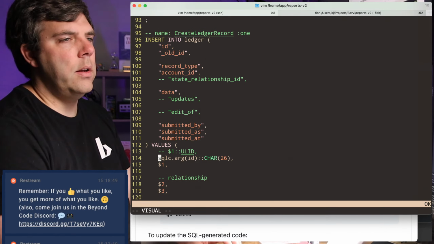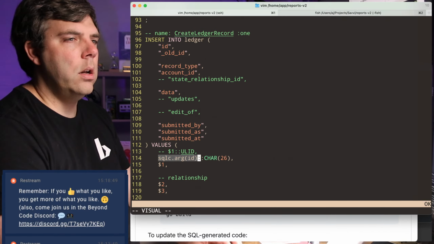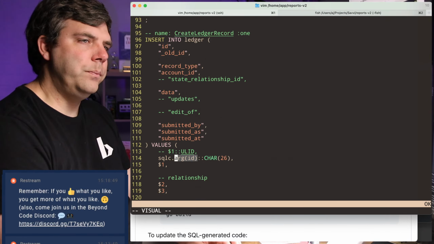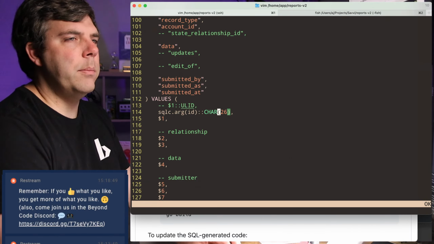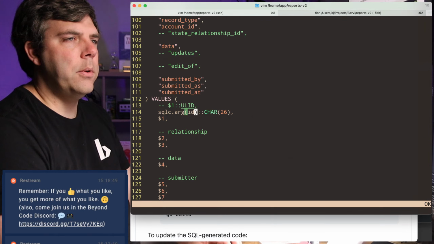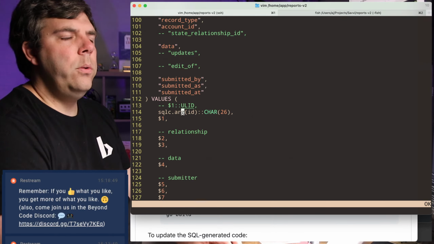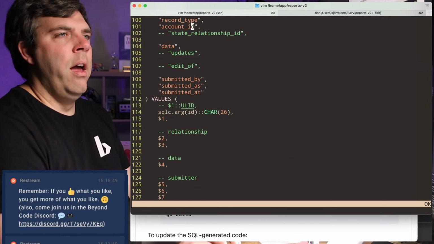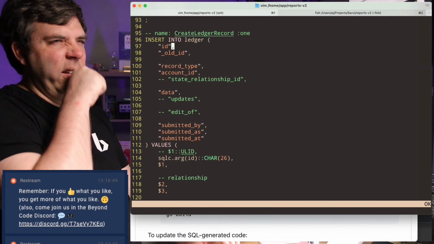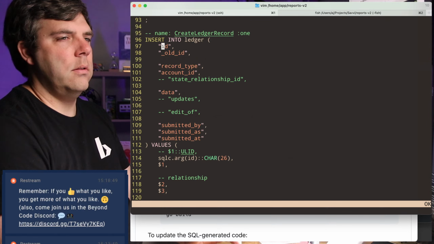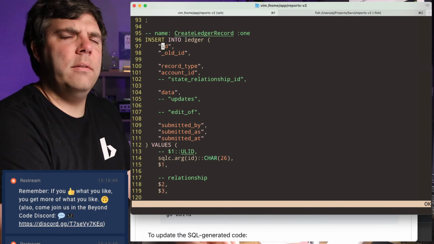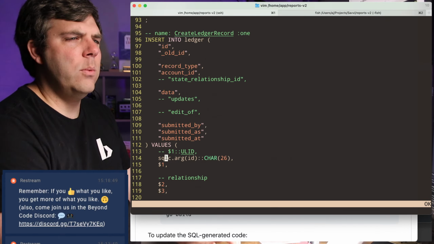Oh, and this is the other thing, there's sqlc.arg. This is because sometimes when you're doing something like a cast from a ULID to a char, for example, it will lose the name information that it had from up here. So it should have known that this thing is called ID, but for some reason it loses that information when you do the cast.